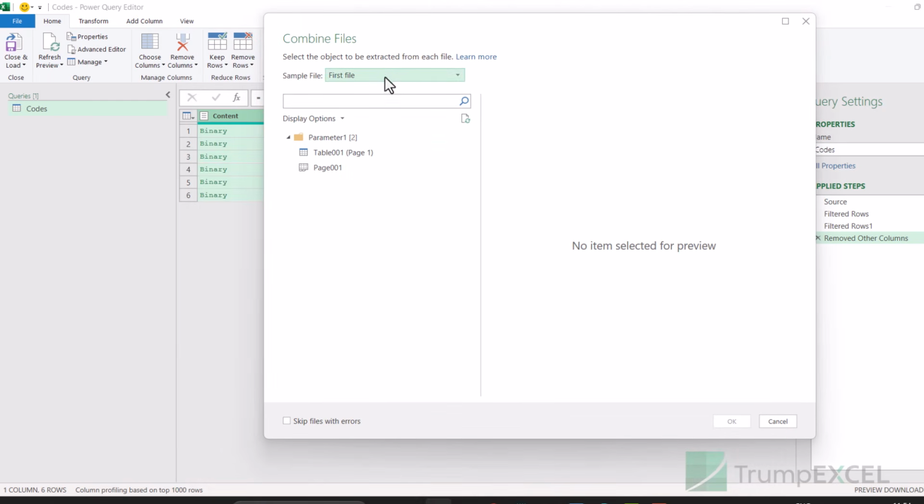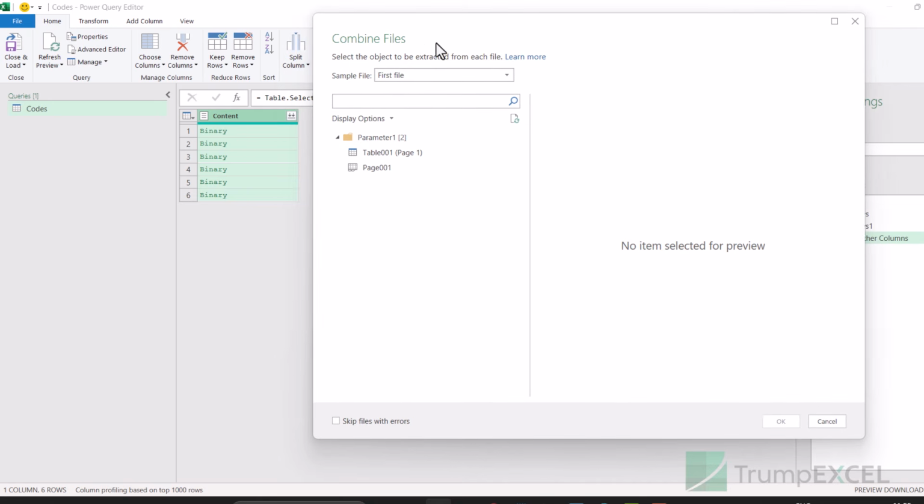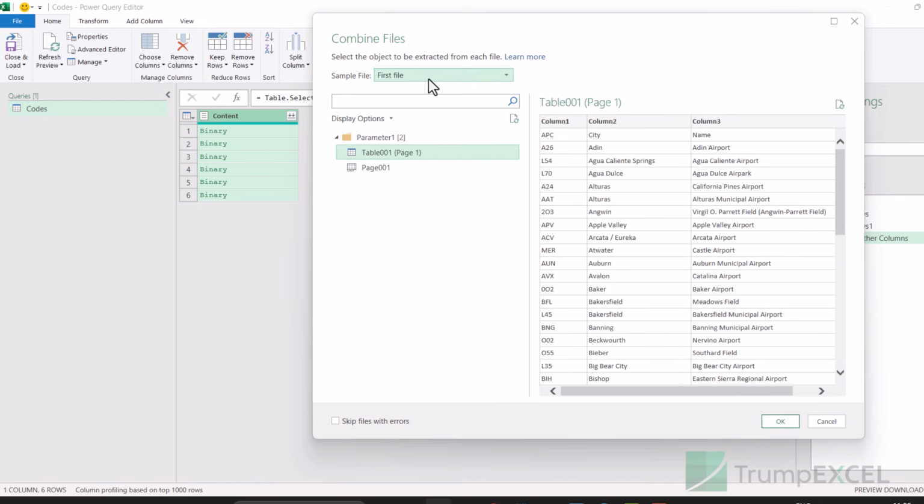Now what it's asking me is, it's not going to ask me this for each file. It just picks up the first file and asks me, what do you want to combine? Because as of now, it doesn't know. It asks me whether I want to combine the table or the page. So I'm going to select table 1, and it only picks up this from the first file here. If I click on this, you can see it says first file, and then it says airport codes 1.pdf. It's very hard to read because it's in gray color, but you can see in the tooltip, it says airport codes 1.pdf, which means that it is going to take table 1 from this file and then go to each file and pick up the table and combine them. So now when I click OK,